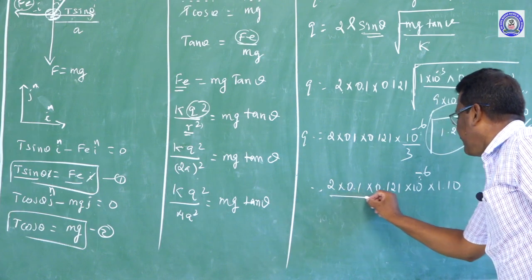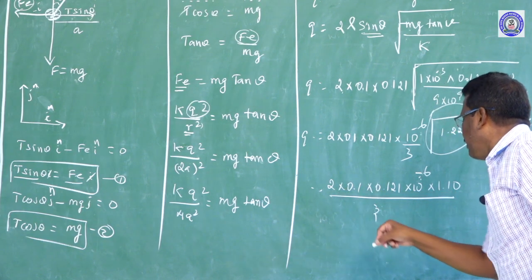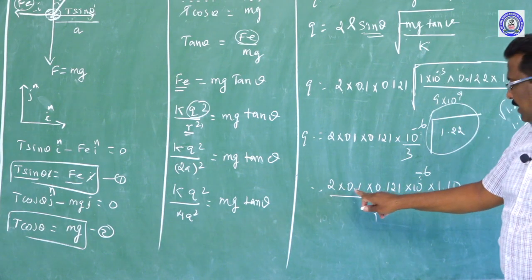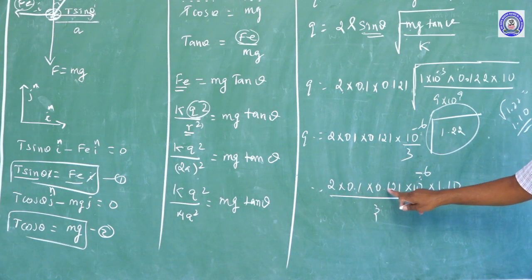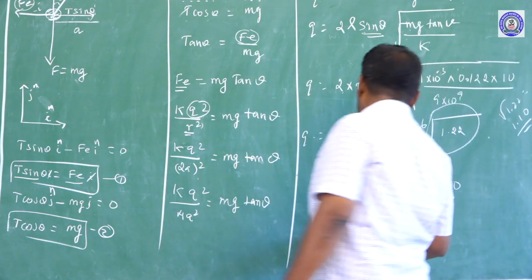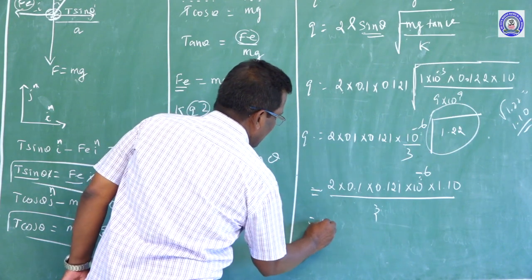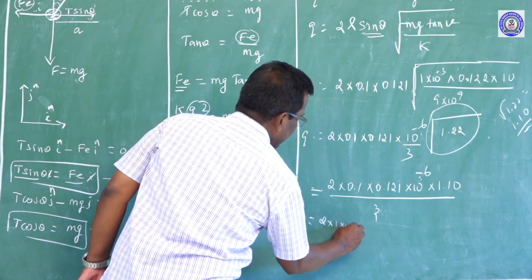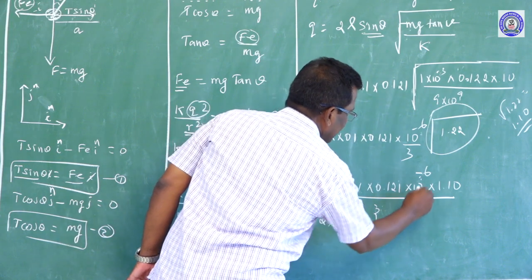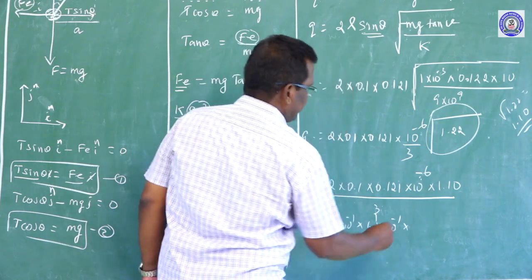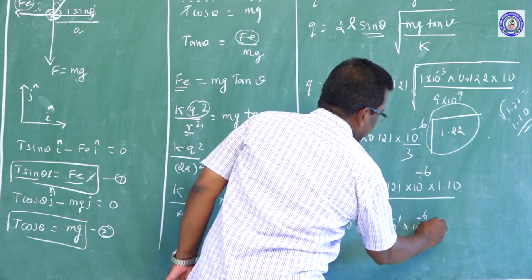1.10 divided by 3. Now we can simplify. 0.1 could be written as 1 in 10 power minus 1. 0.121 could be written as 1.21 in 10 power minus 1. So 2 into 1 into 10 power minus 1, 1.21 in 10 power minus 1, 10 power minus 6 into